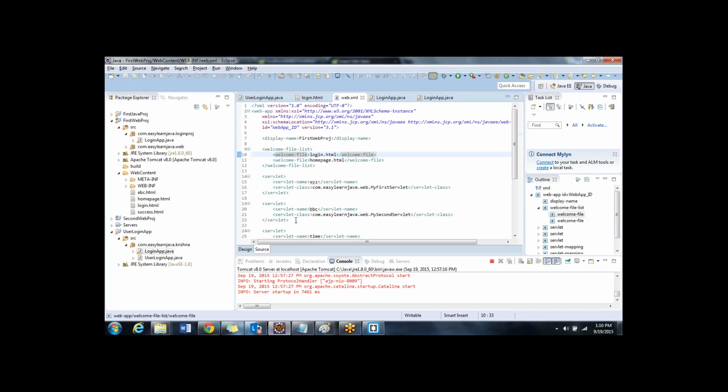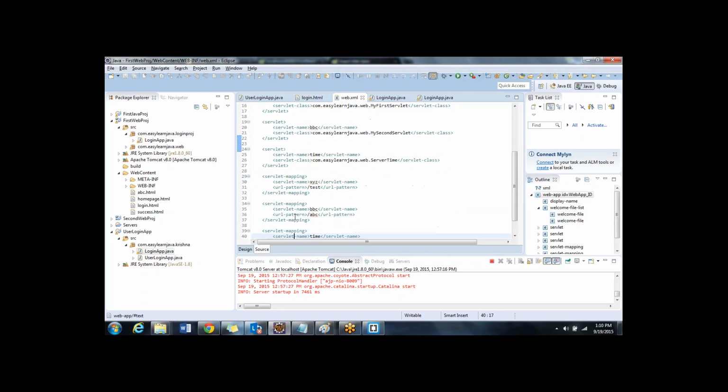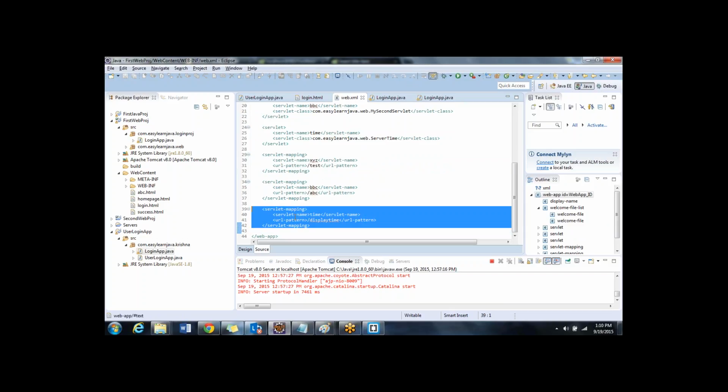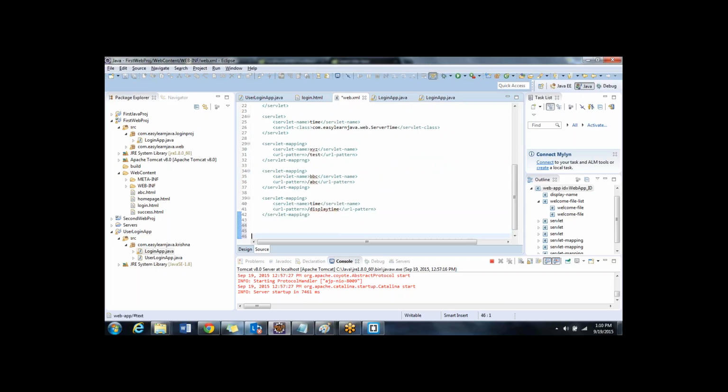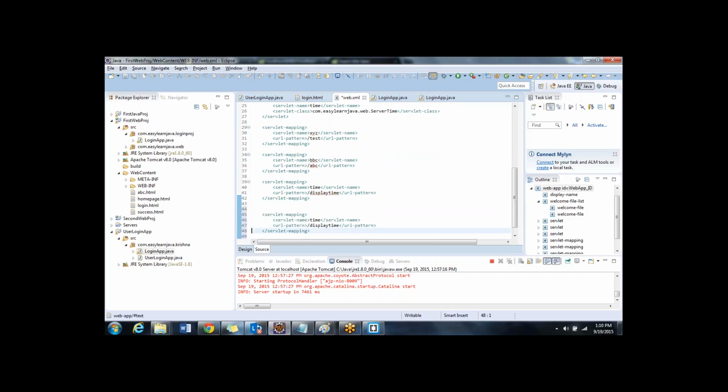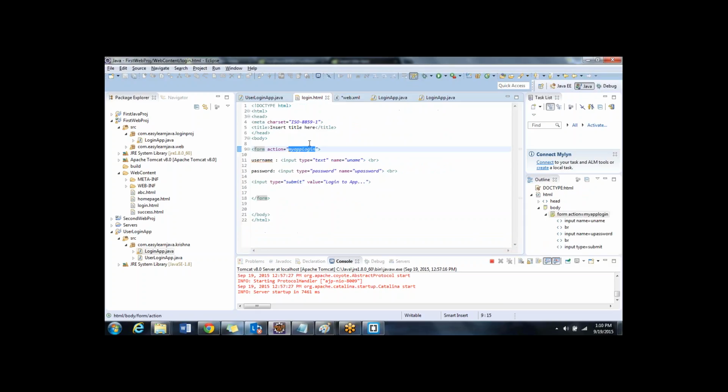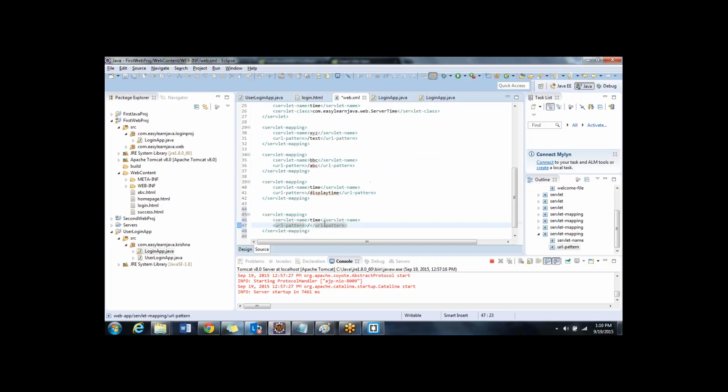So here I add the servlet mapping, and here I write exactly what I wrote in login.html, my app login. I copy this, come here, paste it, and give some random name, login,